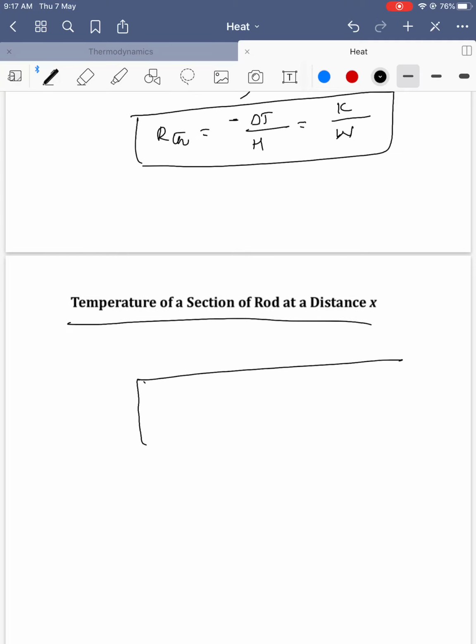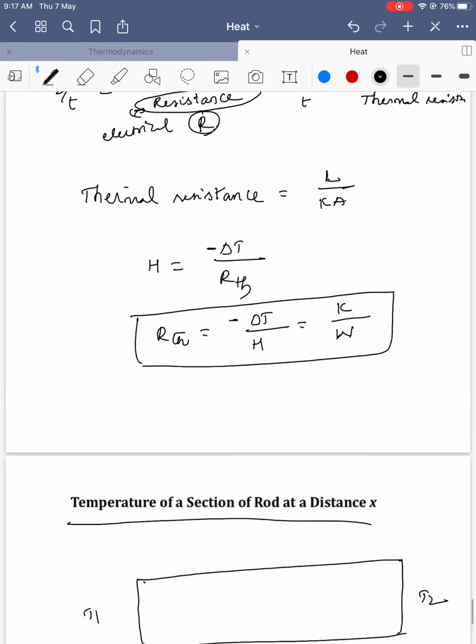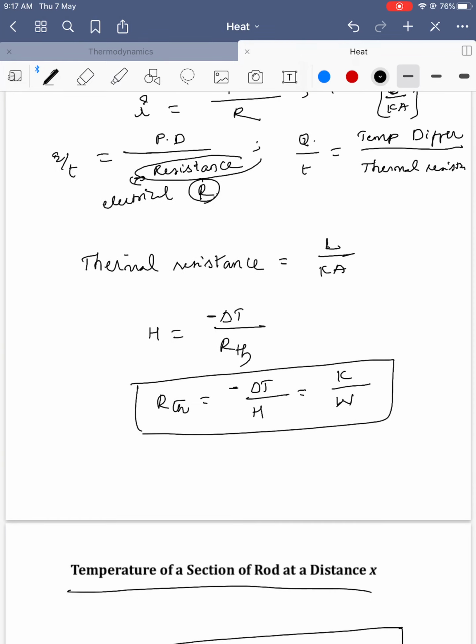Say there is a rod, so here is a temperature T1, here is a temperature T2, okay, T1 and T2. So this thermal resistance for some cases, remember the thermal resistance for small values, dRTH is equal to dL by K. This will be useful for advanced models to find the equivalent thermal resistance. Okay, note down this one, it's a very important one.